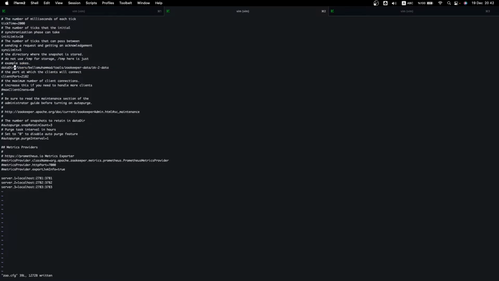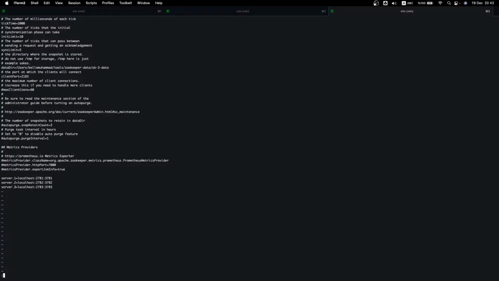Let's save this one again, and then go to the third node config. We are going to change the data directory here to the third folder, ZK3, and also, because we are testing locally, the client port.